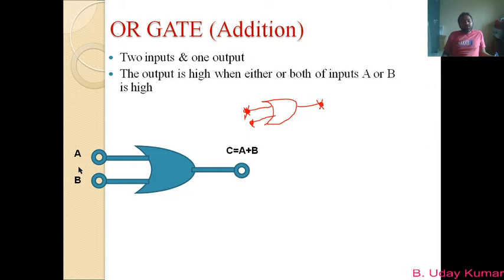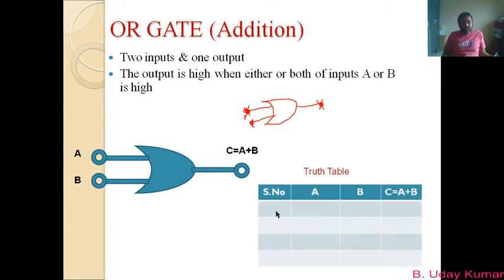So these are the two input terminals A and B, and the output of the OR gate is taken as C. Now its entire operation can be understood with the help of a table which we call a truth table, and the truth table will be like this. Serial number, and then you can give zero potential to both A and B, or high potential to both A and B. This zero and high, or low and high potentials, can be logically represented by 0 and 1. You know this one, right?